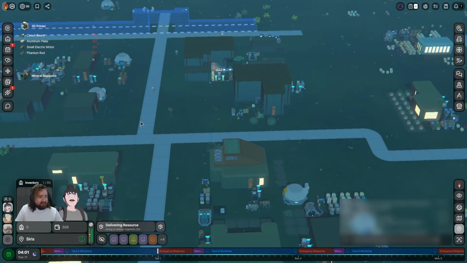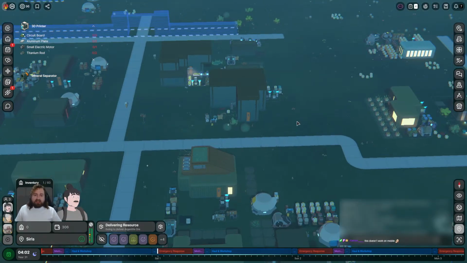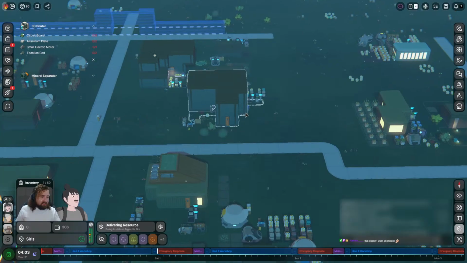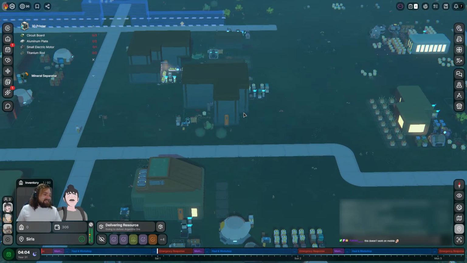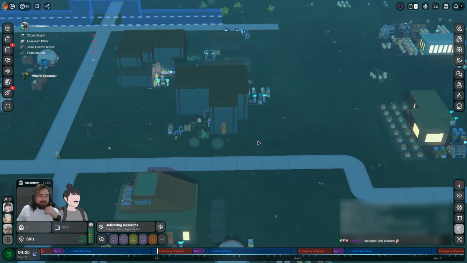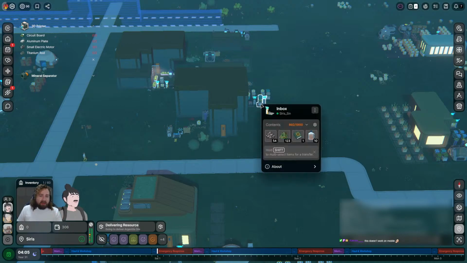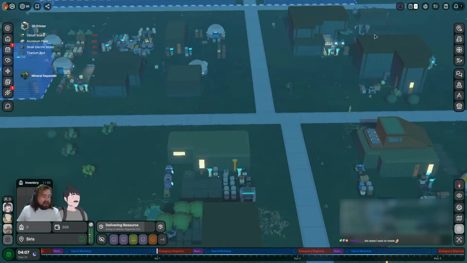So if I do that manage thing and go into the menus and click transfer and tell it the location, yeah, I know it doesn't work on mobile. Basically, it would pop up in the inbox for my employees to come get.